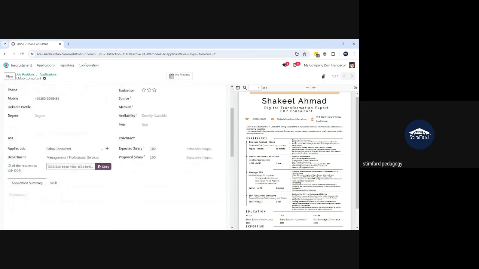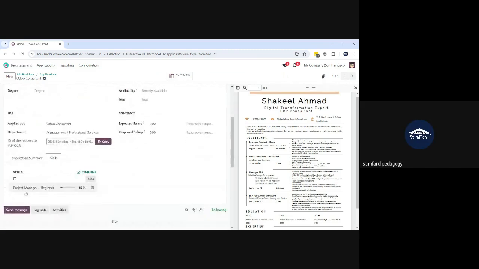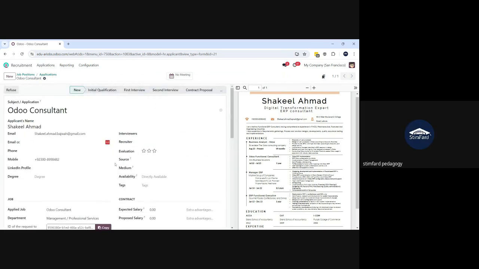Okay. And if I go to skills, is there anything? Yes, in the skills, a project manager skill has also been filled with the percentage. Okay. So if your format is quite good for your CV, it will pick the details from your CV. Okay. And if I delete this application,